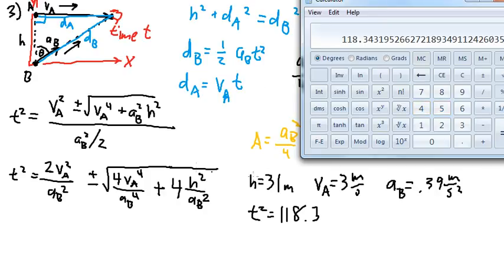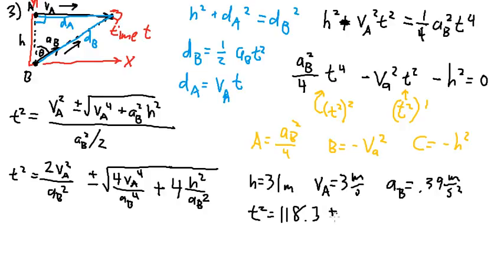sub a to the fourth over a sub b squared. So v sub a over a sub b was 3 divided by 0.39, and so we take that, and then all that goes to the fourth. So I'm just going to square it, and then square it again, and then multiply it all by 4, and that comes out to that gorgeous looking number, 14,005, plus or minus the square root of